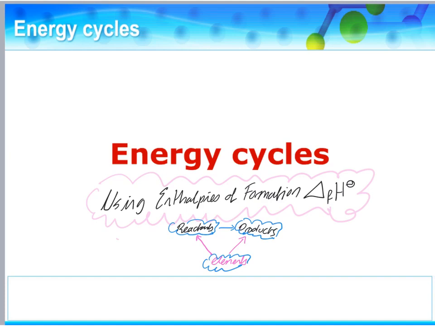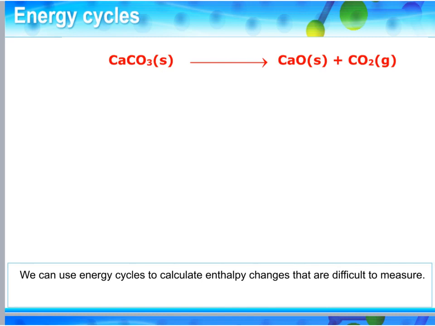In this presentation, we're going to be looking at how we can apply Hess's law using enthalpies of formation to find the enthalpy change for a reaction that it would be impossible to measure. The impossible reaction that we're going to look at is the enthalpy of decomposition of calcium